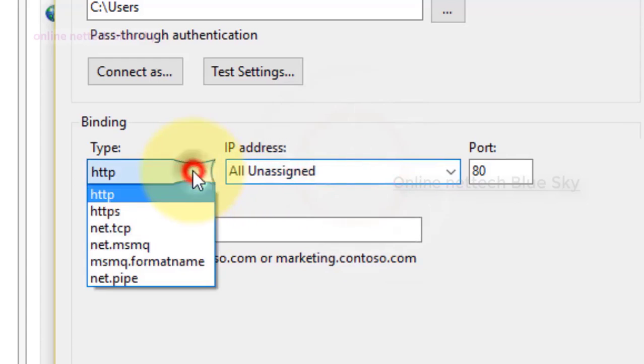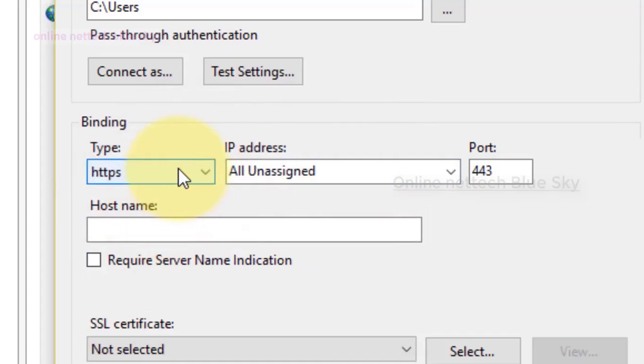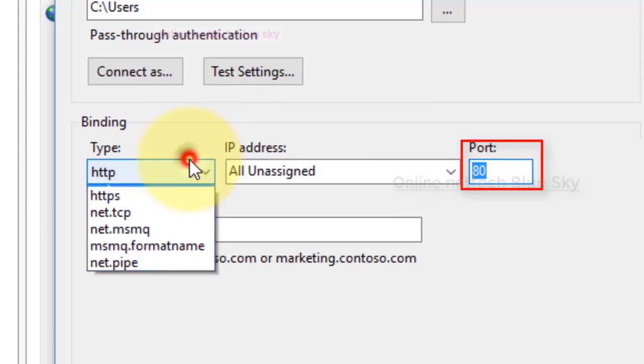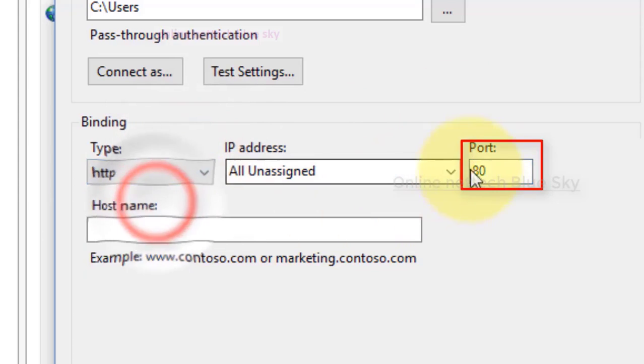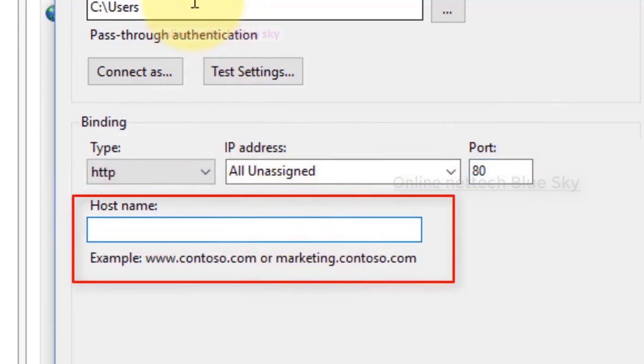So I can set it up here, but for HTTPS you first need an SSL certificate. Without an SSL certificate you cannot import it, and you can enter the port here. The HTTP protocol uses port number 80 by default, but you can set a custom port here, though I don't like that. And the HTTPS protocol uses 443. Then you can see the host name here.